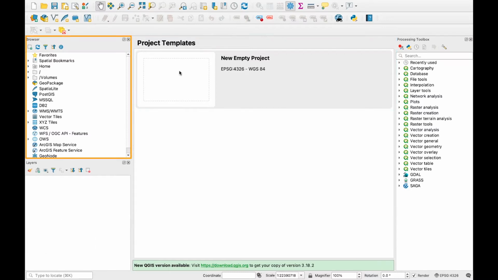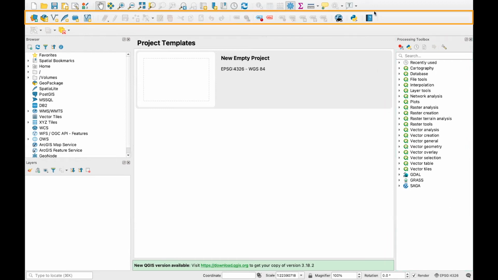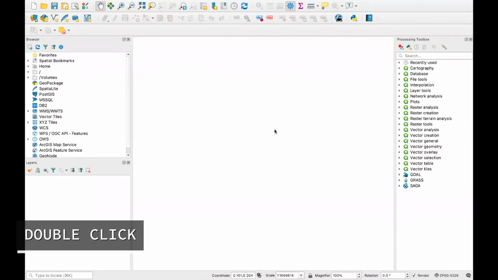On the left here, we've got the project browser, which is useful for importing files, and then the layer panel below, which we'll get to later. We also have the processing toolbox, which is really great for analysis. We have the top ribbon for some really helpful tools that we'll use quite a bit in our projects in QGIS. So to get us started, I'm just going to go right ahead and double click here on a new